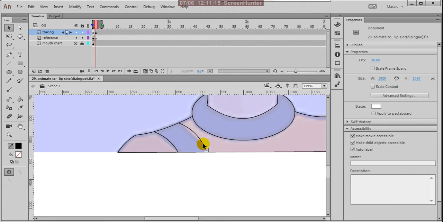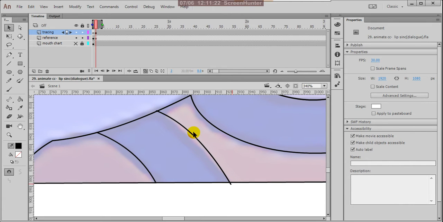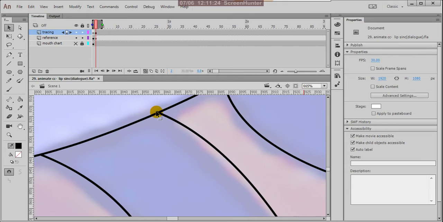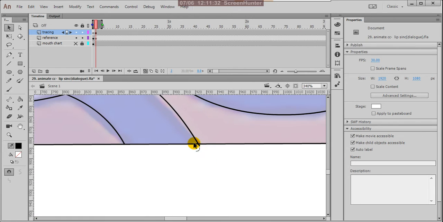Right, then you can drag this up to here. Perfect. Okay, this extra piece we can remove later. It's no issue.